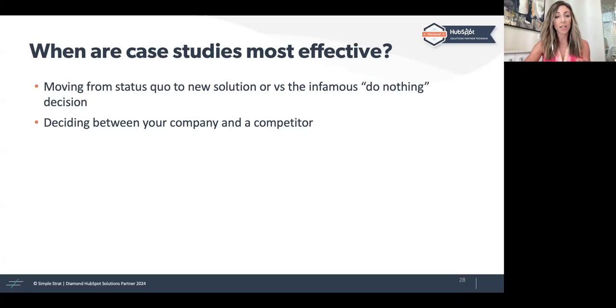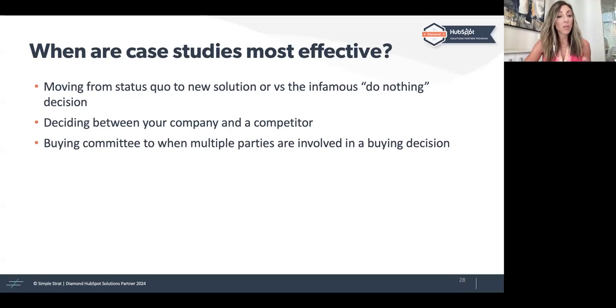The other thing here is, this is maybe just a little sales tip. If you're in sales and you're not asking how someone's making the decision, you need to ask that. You need to bring that into your sales conversation. Hey, are you looking at any other solutions? Tell me how else you're solving this problem. And we're not asking to try and understand who all the competitors are. You're really asking to understand what their buying process looks like. And definitely, if you're finding yourself up against more competition than before, you probably need to look at your case study strategy really strategically. This also is important when you have a buying committee, when multiple parties are involved in